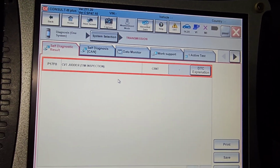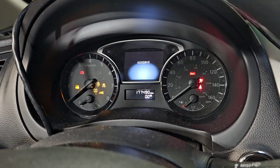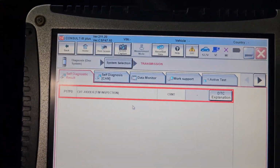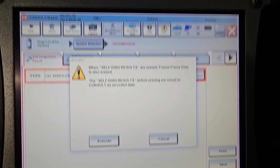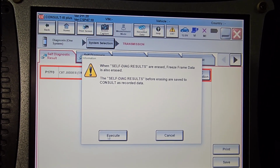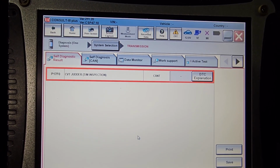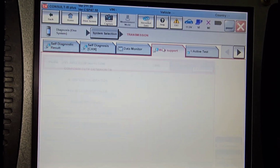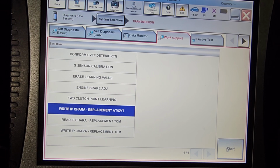Okay, this is the code that we have. You cannot clear it. Ignition on, just clear it, erase. You see here, if I try to clear it, it never goes away. Close, see, it's there. So what you need to do, go to support, write IP Judder code, click OK,